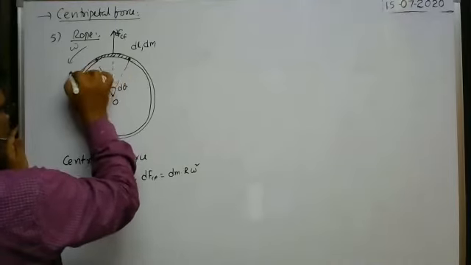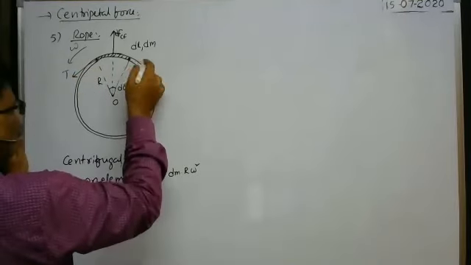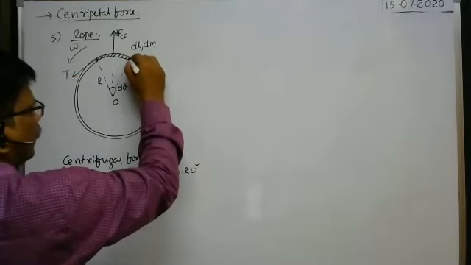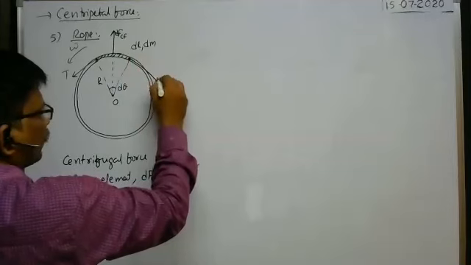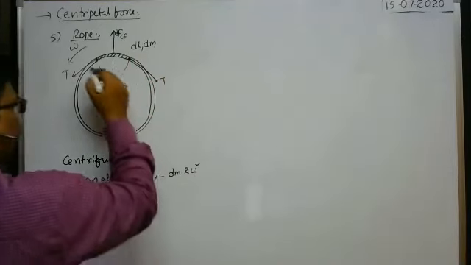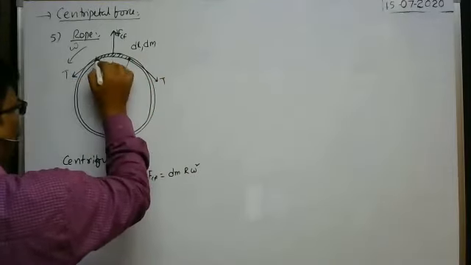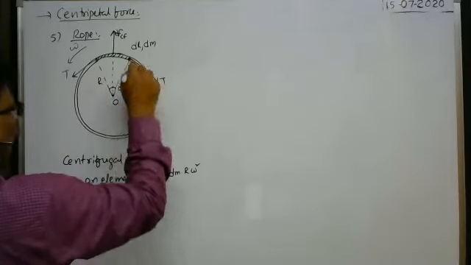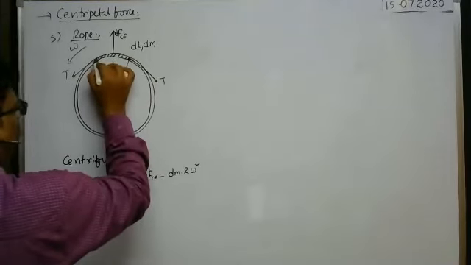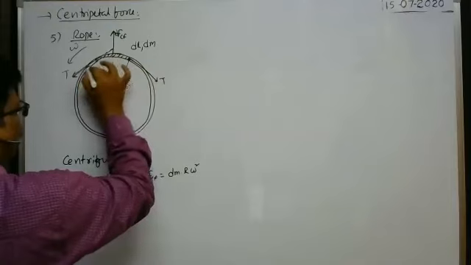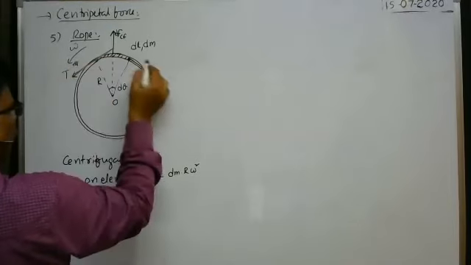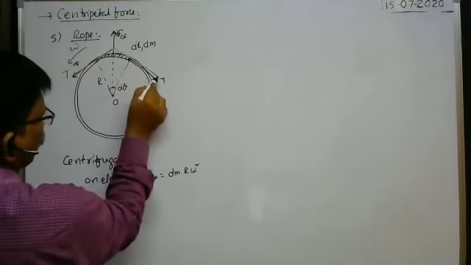So here at this point, tension T acts in this direction. As it is the same rope, the tension at this point is also the same. Tension is always along the tangential direction. Extend this tension direction: at this point of the circular loop, when you draw the tangent, along the direction of the tangent, this tension is there. Here also, along this direction, tension is there.